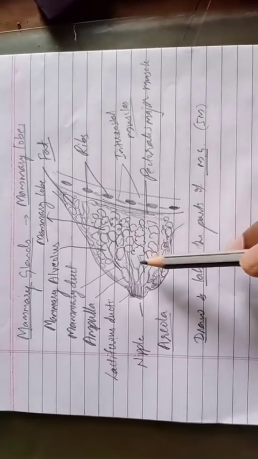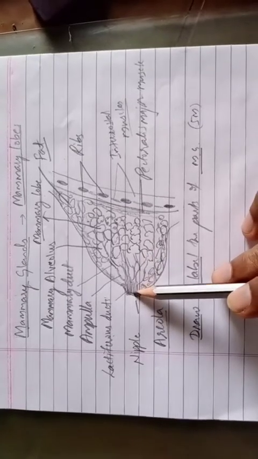The labelings are very important here. You should label all these parts. Usually 10 labelings are expected if they ask for a 5 marks question. It may also be asked for 3 marks, and if you do fewer labelings, it is also eligible. So try to draw this diagram many times and practice it. It is a very simple diagram.